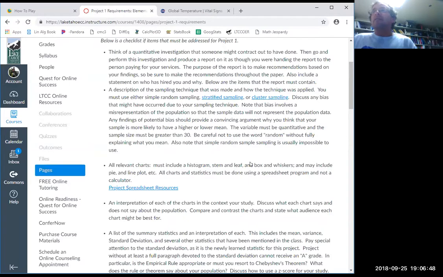Okay, because you're going to have a stem and leaf, it's going to be much better if your survey question's answers tend to be 2 digits, or at least 2 digits. Otherwise, stem and leaf won't be very relevant. So make sure you have a nice variety of answers.